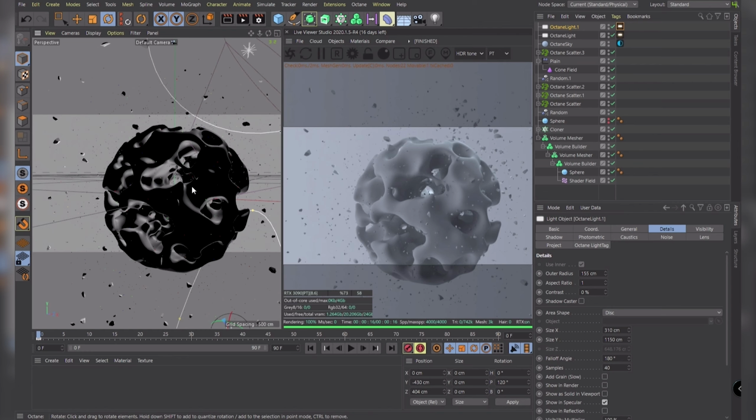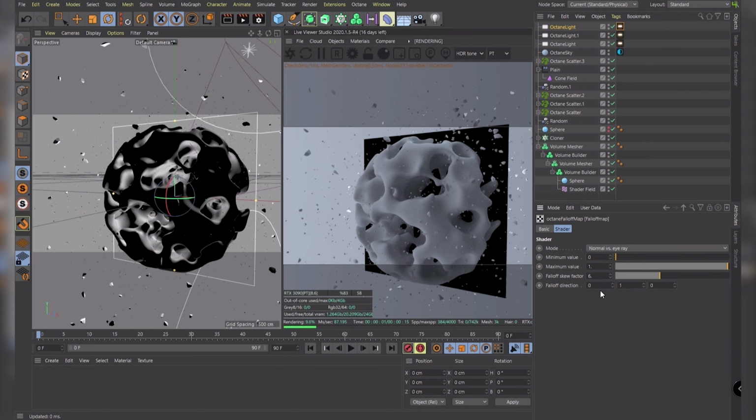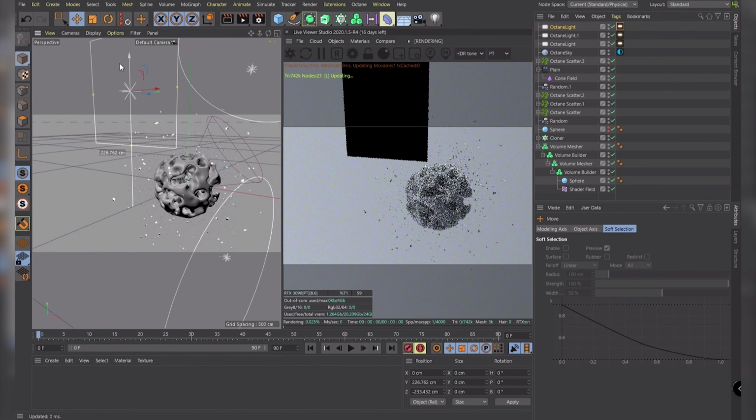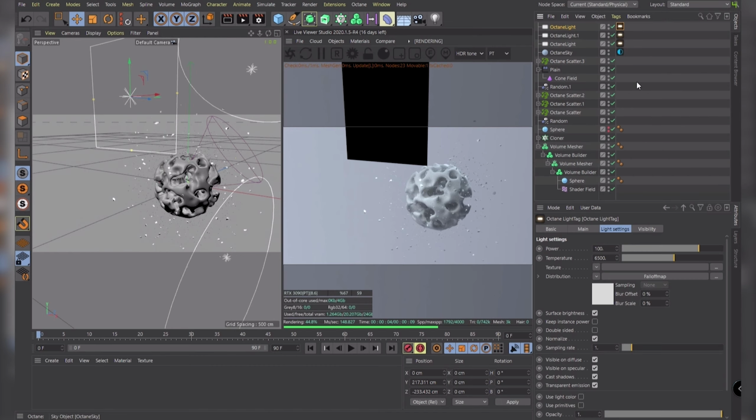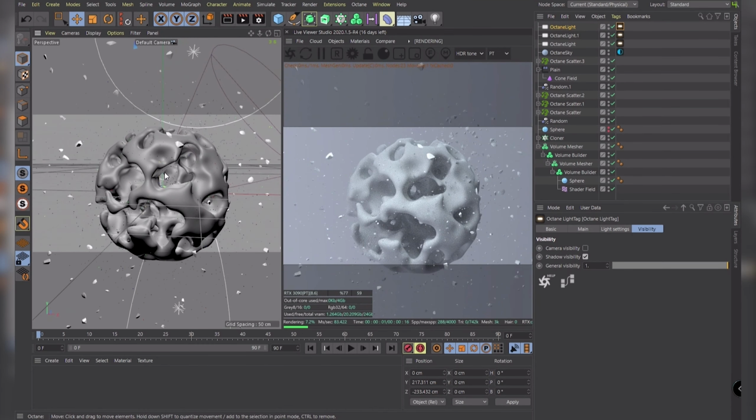Okay, and we're going to add one more light, which will fill the scene a bit more, so we have a bit more brightness. This can be just the simple rectangle one. But we're also going to add a fall-off map. And I'm just going to put this at the front, top here, like that. And make sure we don't see it, of course, because it's really in the way. So that's the basic lighting setup. I think it looks nice right now.